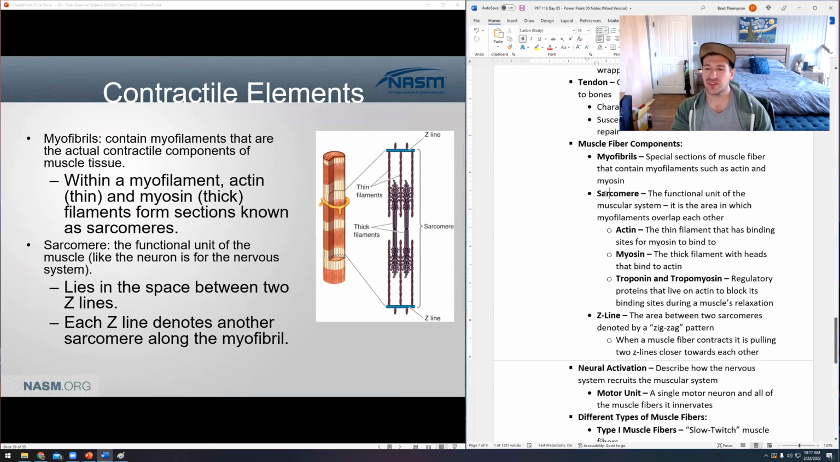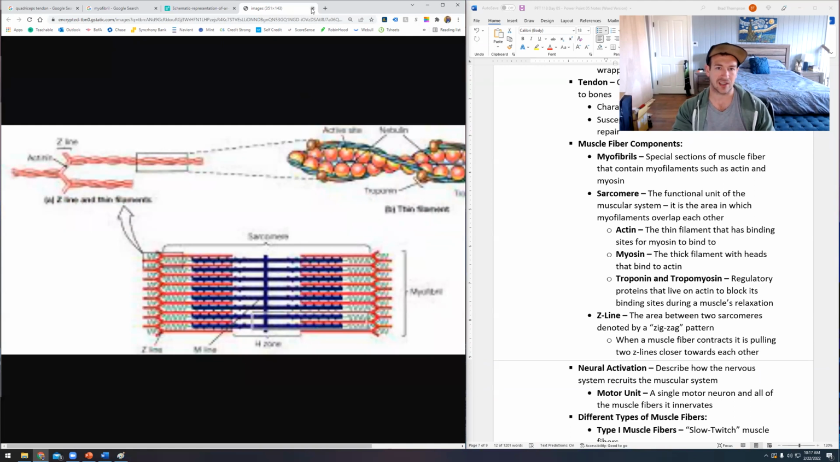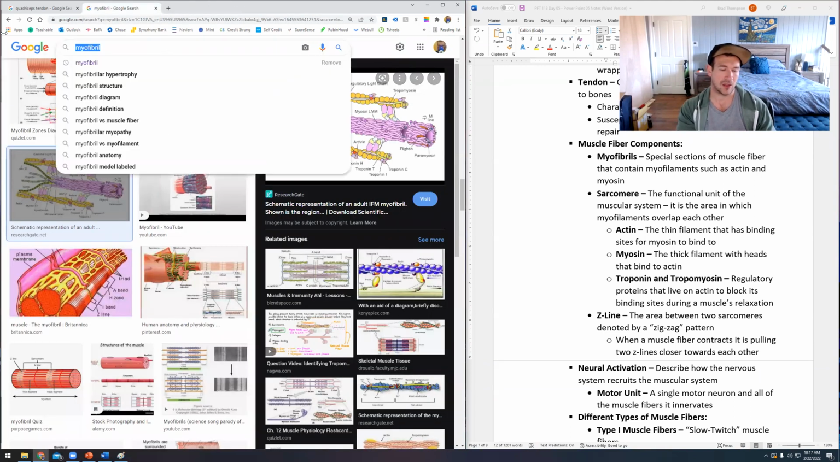Right? So the sarcomere is the little unit where all of this is happening. It's the area with all the little thick heads grabbing the little thin filaments to allow the sliding action to occur. So actin is the thin filament that has all the binding sites, and myosin is the thick filament that does all the contracting. So when we look at that happening all at once,